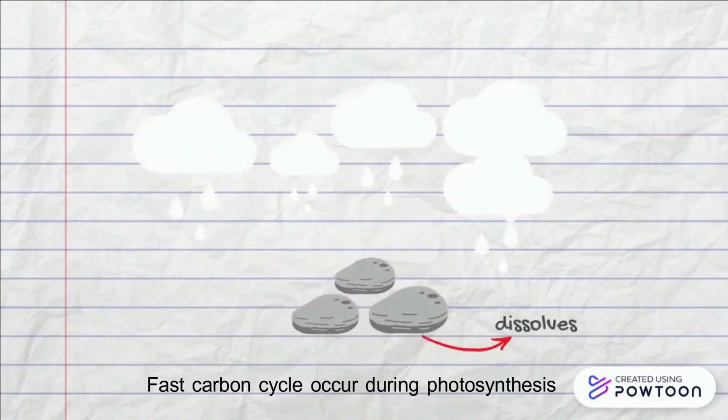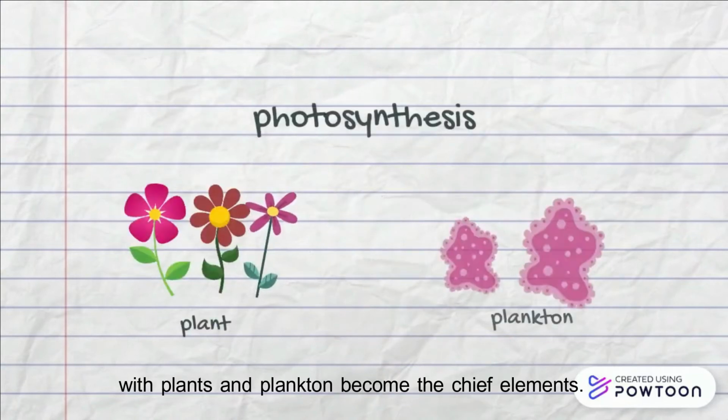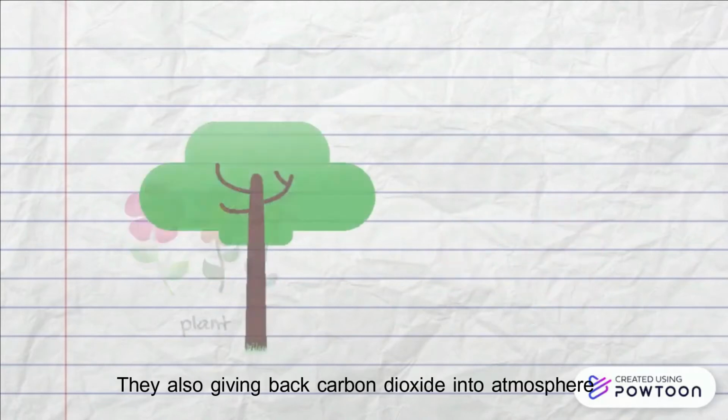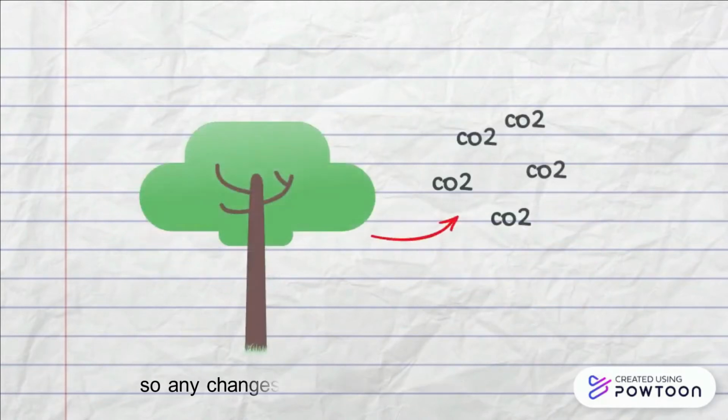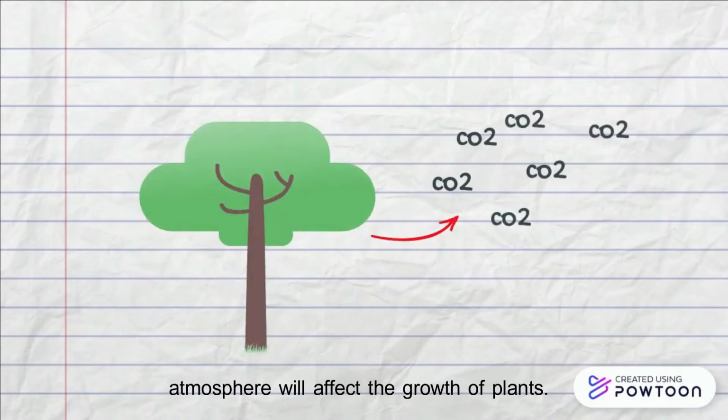dissolved. The fast carbon cycle occurs during photosynthesis, with plants and plankton as the chief elements. They also give back carbon dioxide into the atmosphere, so any changes of carbon dioxide concentration in the atmosphere will affect the